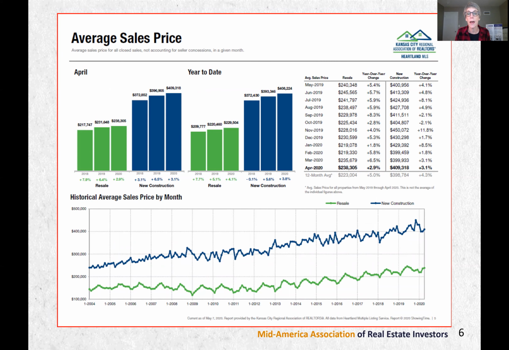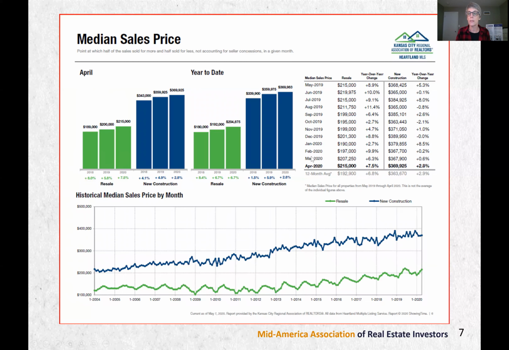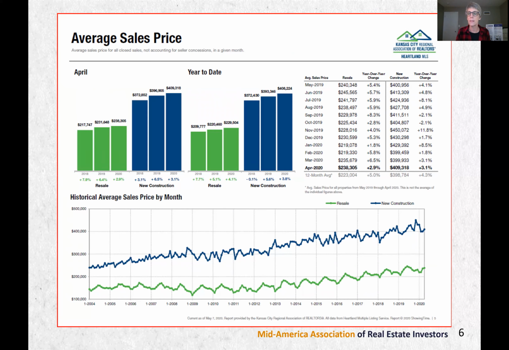Next thing I want to take a look at is average sale price. And this is going to be more important for you to go back to that data section that I told you to go to and dive into the area where you look, because you want to know the average sale price and median sale price. That's pretty much across the country. Average and median sale price, that's your bread and butter house. That's the house that first-time home buyers are buying. That's the house that the investors are buying for rentals. So it can go either way. So you have the most number of buyers for the average price house, the median price house.